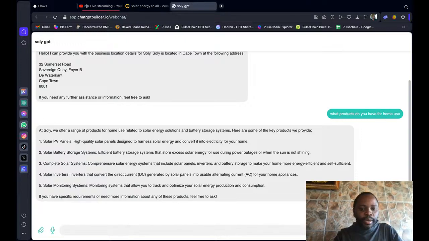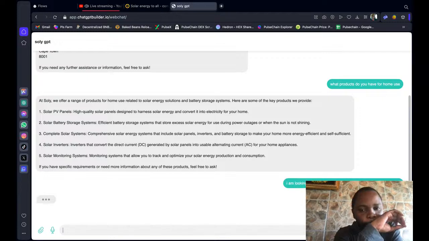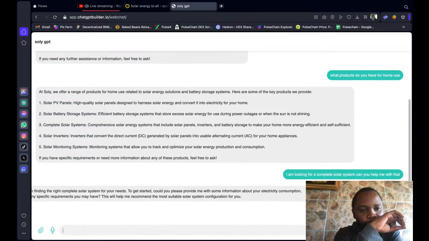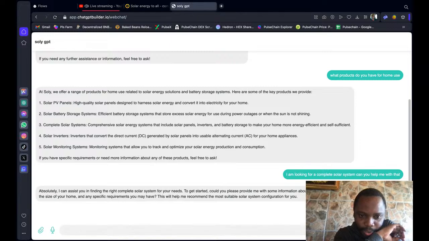So let me say, I am looking for a complete solar system. Can you help me with that? Absolutely, I can assist you in finding the right complete solar system for your needs. To get started, please provide me with some information about your electricity consumption, the size of your home, and any specific requirements you may have. This will help me recommend the most